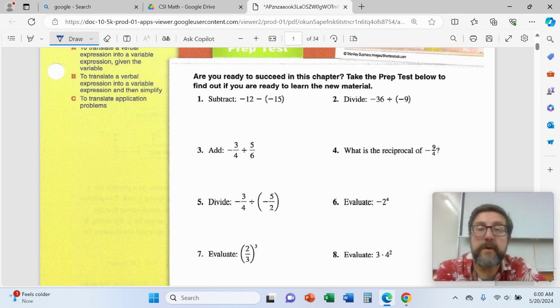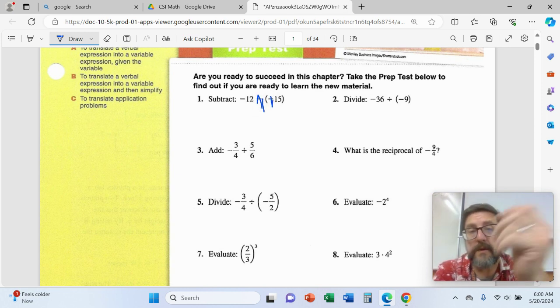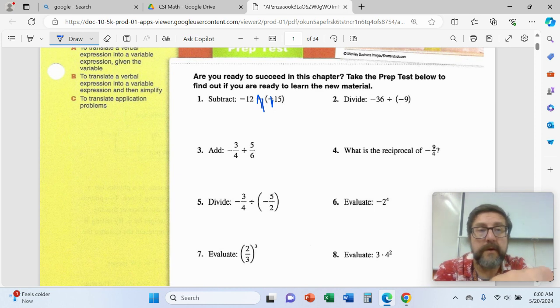So we are doing negative 12 minus negative 15. When we do a minus and a negative, remember we make this into a plus and this into a plus,